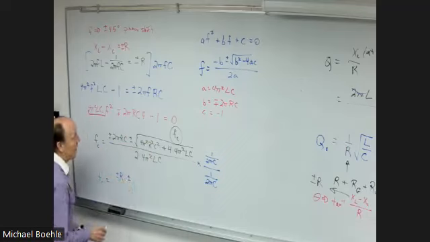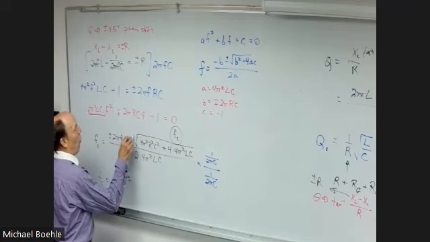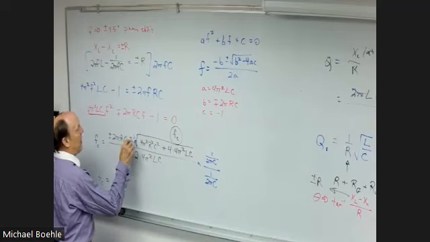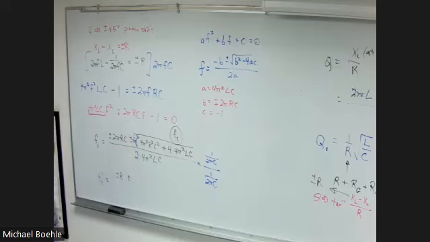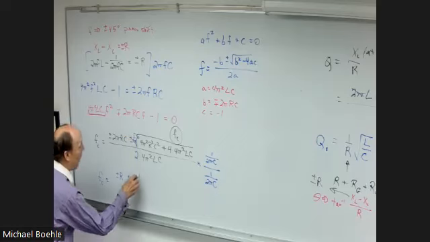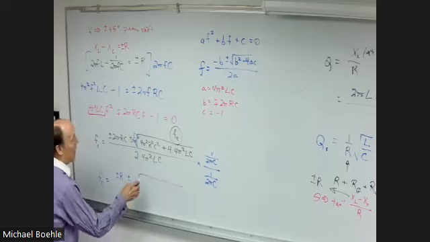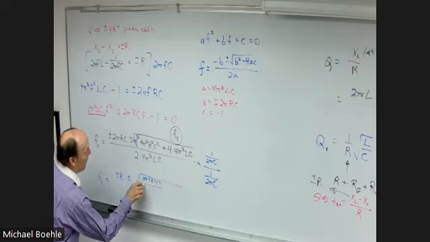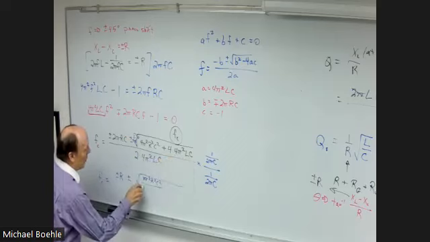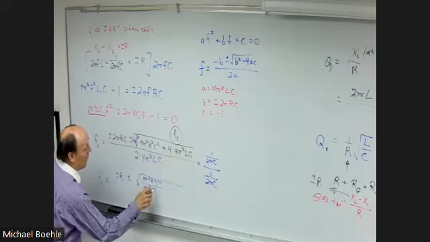Now here is where it gets fun. When I put 1 over 2 pi C here and move it into the radical, I square it, because coming out of the radical it's the square root, going in it gets squared. So now, under the radical, I have 4 pi squared R squared C squared divided by 4 pi squared C squared